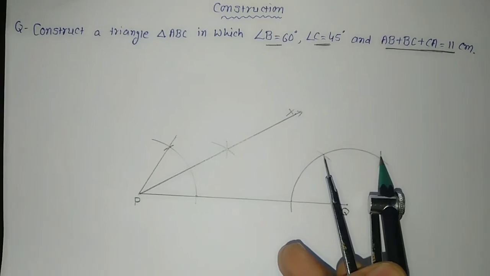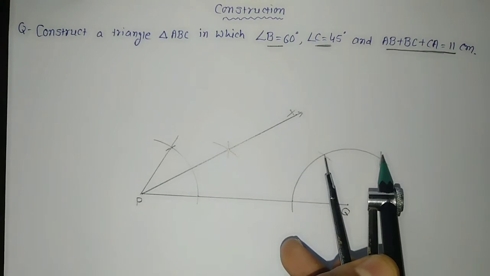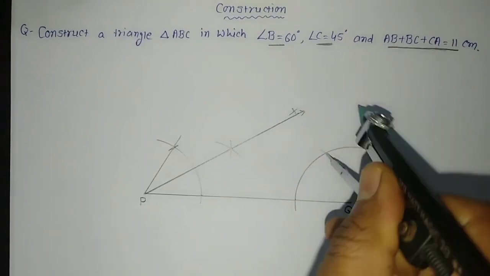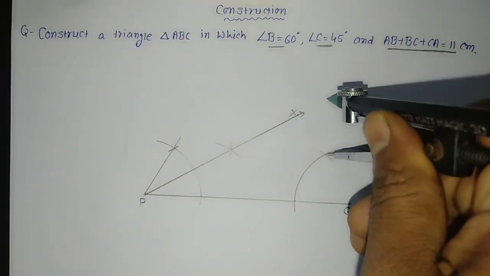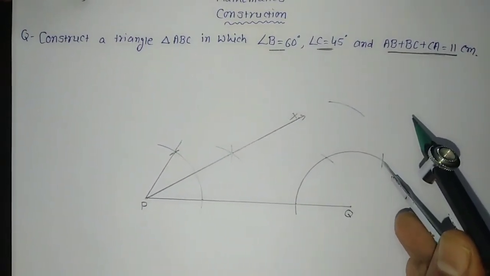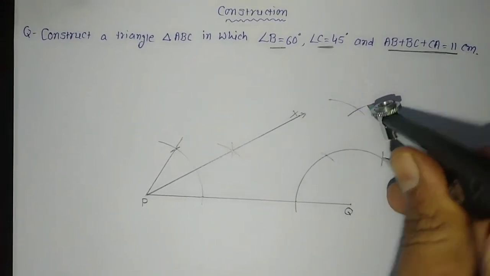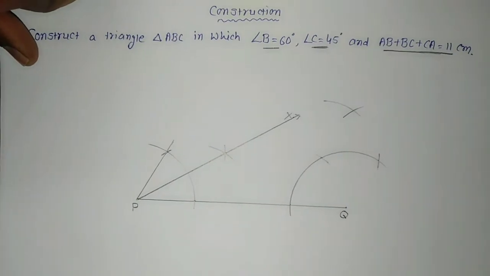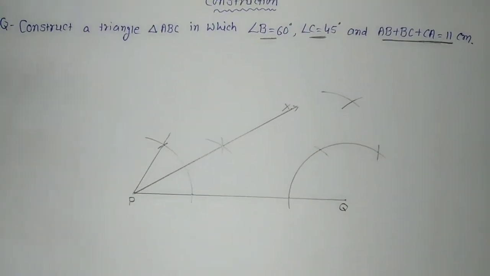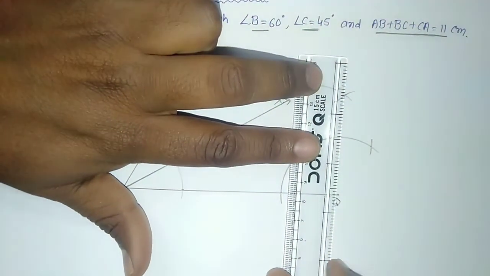The bisector of 60 and 120 will be 90. So that I will do. This is 60 and this is 120. I'll draw the arc keeping the point on 60, and again I'll keep the point on this 120 and I'll draw the arc. Wherever both these arcs are intersecting each other, this point is of 90. So I will draw that. This is 90.